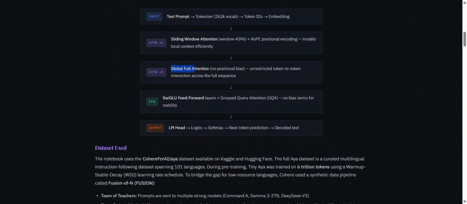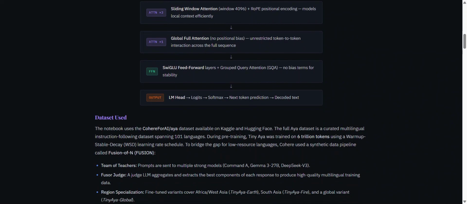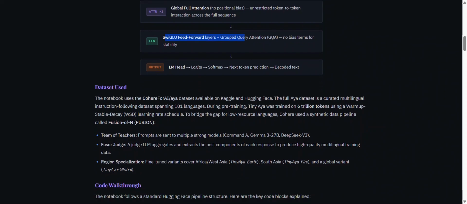Then we have global full attention, that is unrestricted token to token interaction across the full sequence. We have the SwiGLU feed forward layers plus grouped query attention, with no bias term for stability. And we have the output, which is the LM head, the decoded text, or the output response.